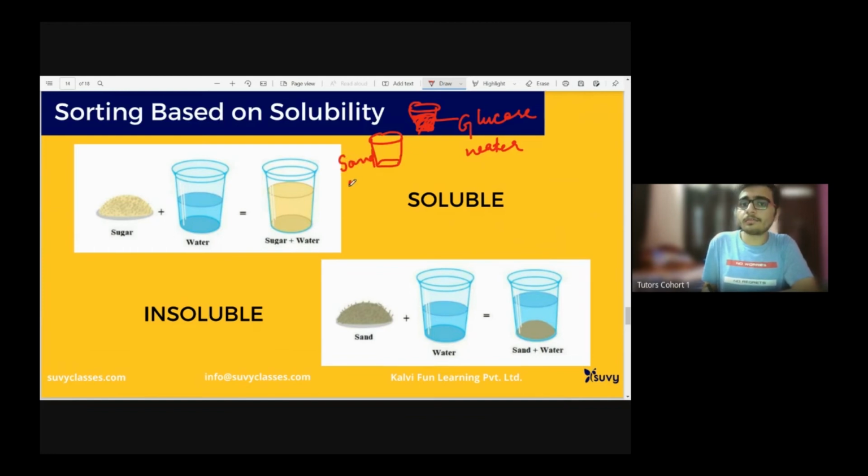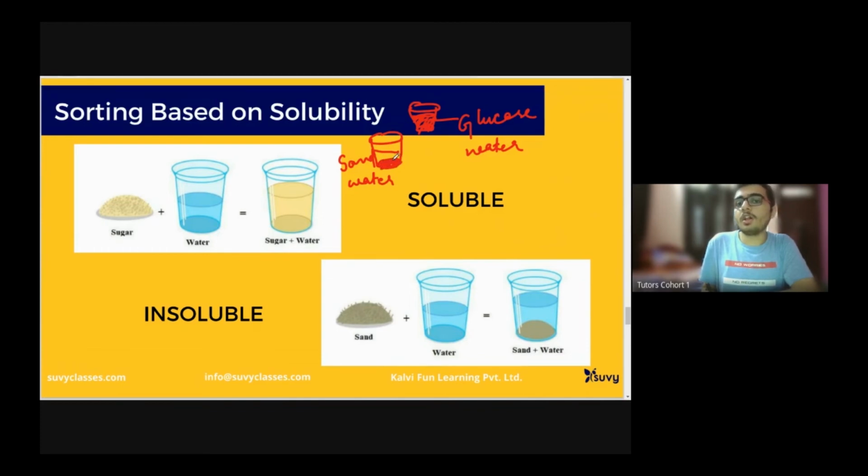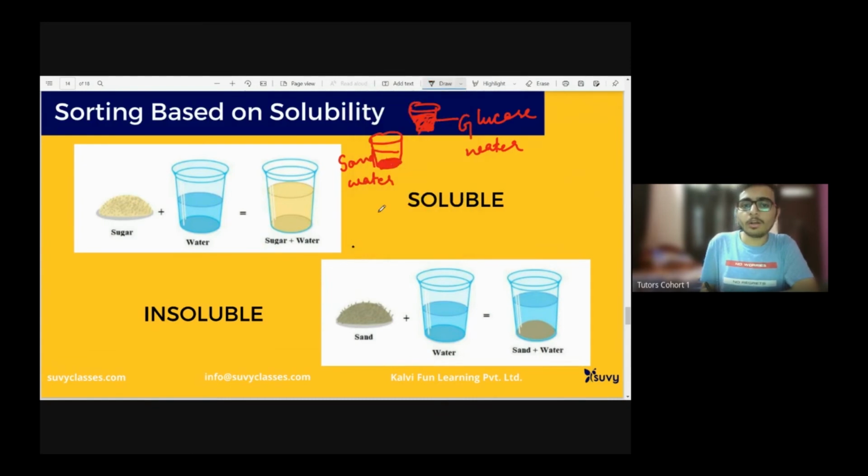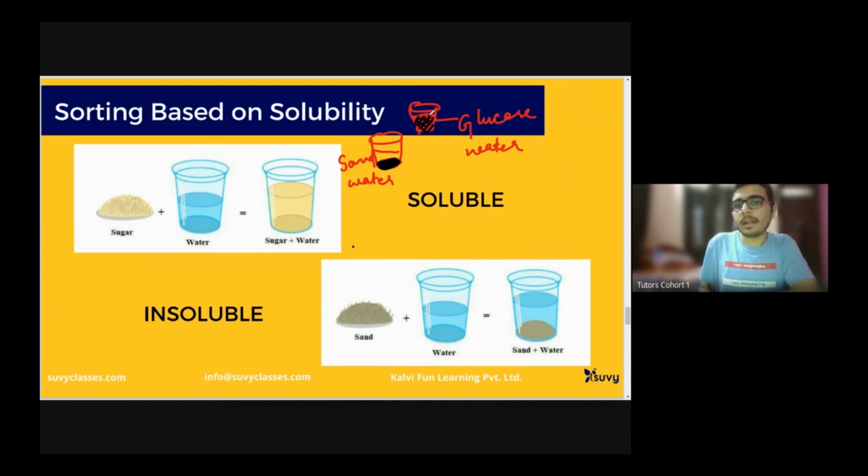Sand in water: what happens is that sand settles down after a period of time, but it does not dissolve. I should change the color. Let's make sand with black color, because if I make yellow, the slide is already yellow. So it does not dissolve sand, but glucose will dissolve in